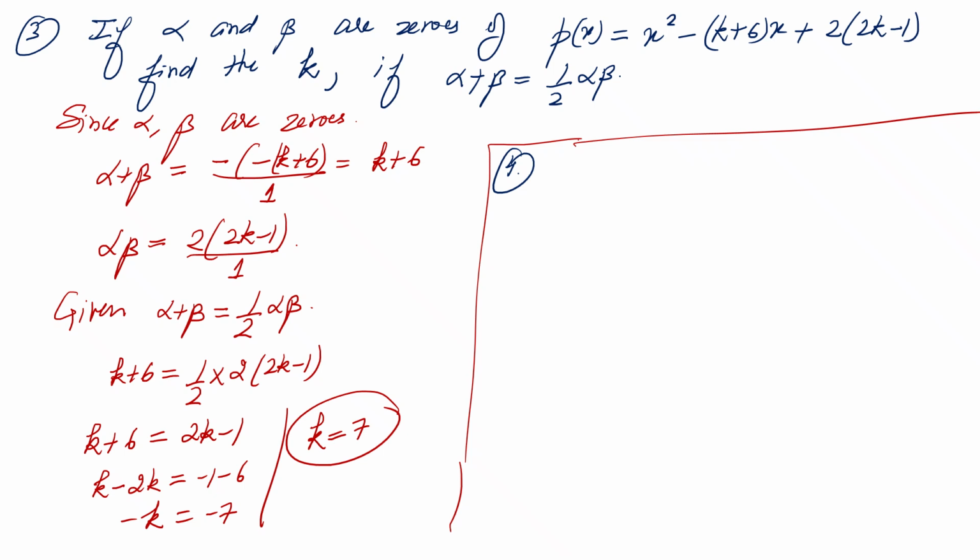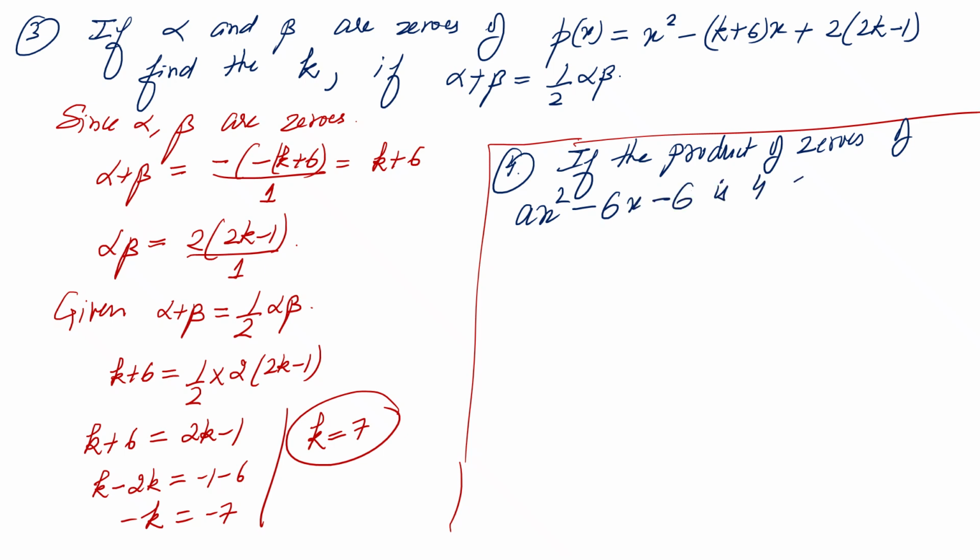If the product of zeros of the polynomial ax square minus 6x minus 6 is 4, find the value of a. तो हमें क्या गिवन